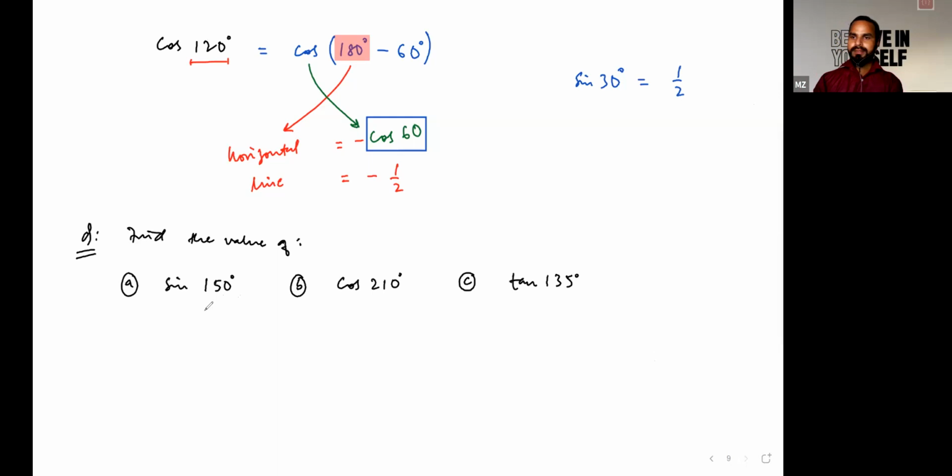Just see how to solve this. We have to check the sign. For this particular term, you may write it as sine of 180 degree minus 30 degree. So this is 180 degree. It will define you nothing but horizontal line. So leave it on horizontal line. There will be no change in trigonometric ratio. So just write sine of 30 degree. Since this particular term is lying in second quadrant and sine theta will be positive in second quadrant, so we can write plus. So it will be plus half.